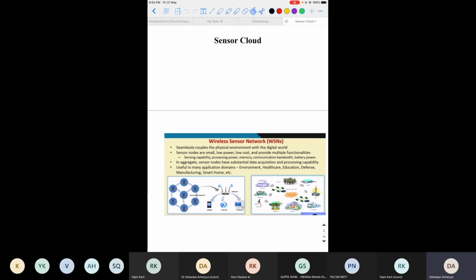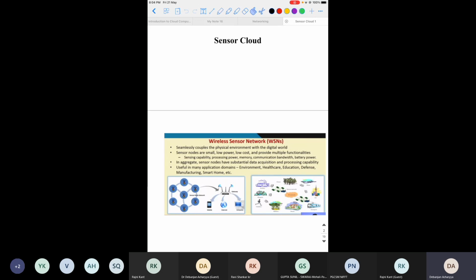After sensing, there is a back end, and some intelligence or decision making system which takes some call or activates the actuator. So we have sensors and a set of actuators. In between, there should be, either physically or logically, a decision support system or an intelligent system which takes action. That is kind of the sensor cloud.